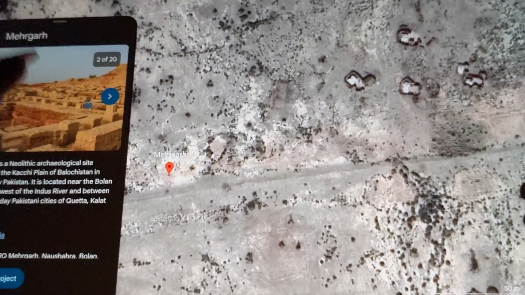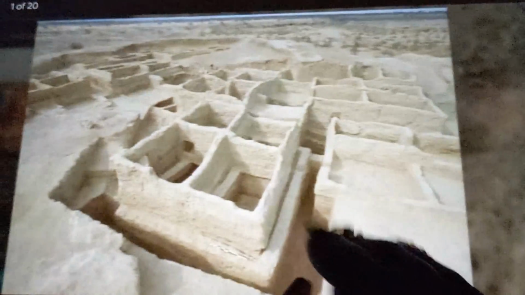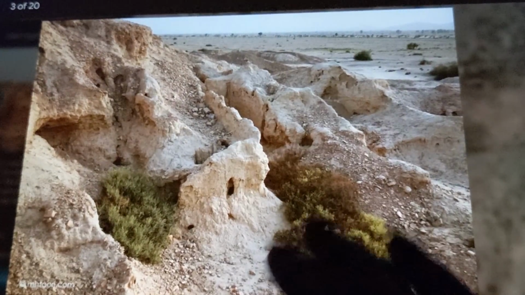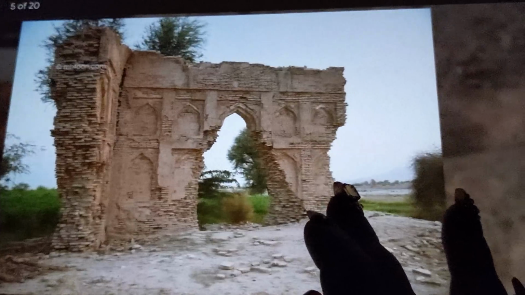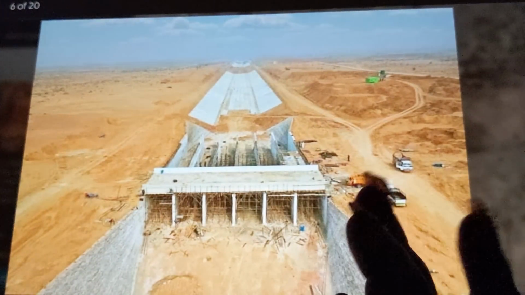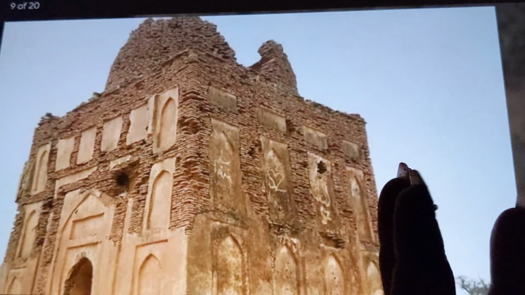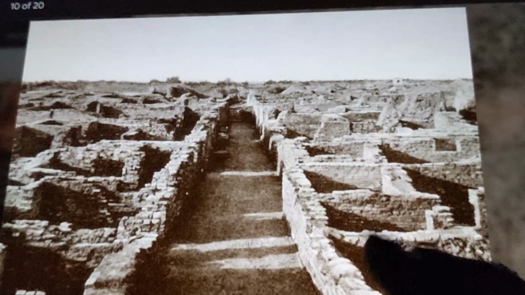There's not really good satellite photos of it. Not as well excavated as other Indus Valley cities, from what I understand, but still very majorly excavated. Remnants of old houses, beautiful architecture. See, it's all covered up to preserve it. Paintings there of old herders.